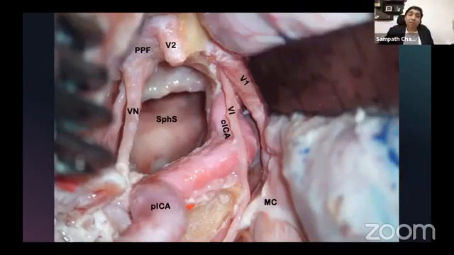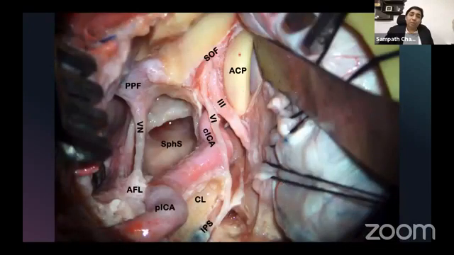So this is the loop of the cavernous carotid. You're seeing the 6th cranial nerve and V1. Meckel's cave is here. The anterior clinoid process is here. The superior orbital fissure is here. And the entire cavernous area is exposed. The entire spinopetroclival junction is completely eliminated except for a part of the clivus. The inferior petrosal sinus can be seen here going into the cavernous sinus.